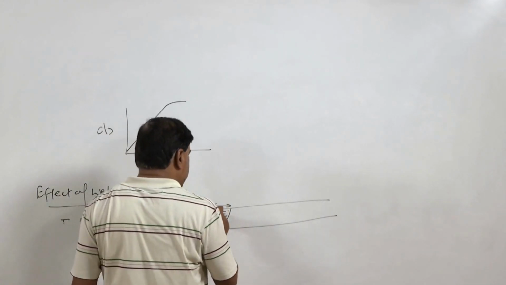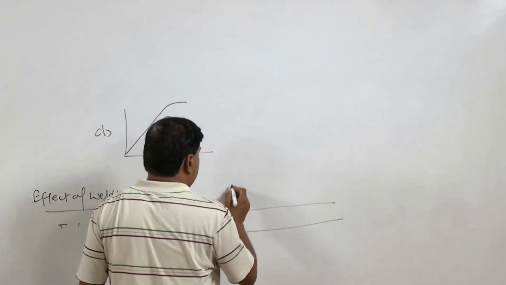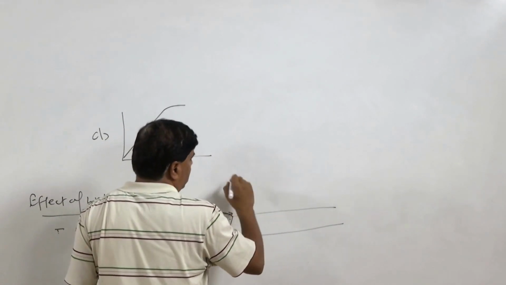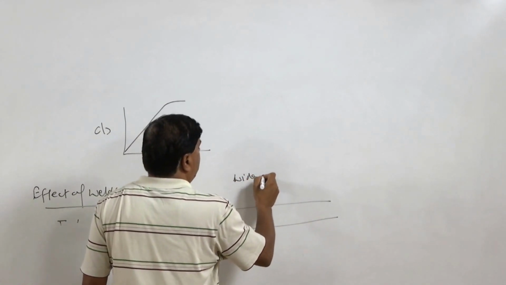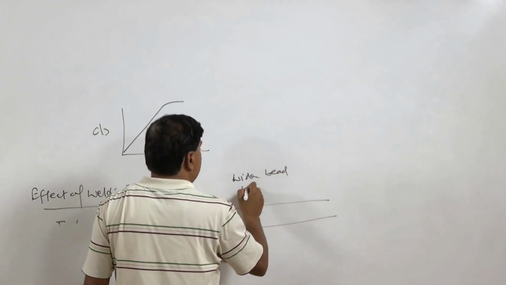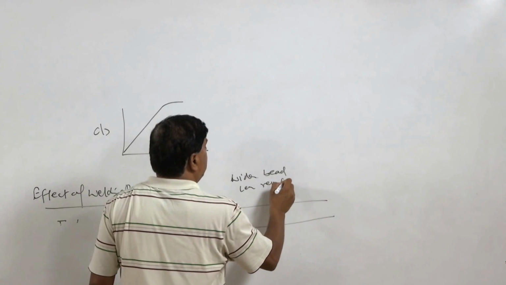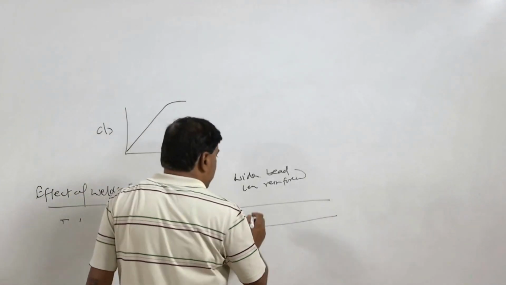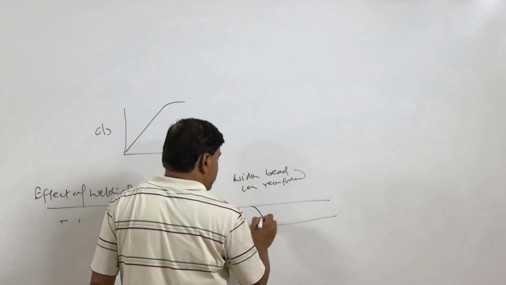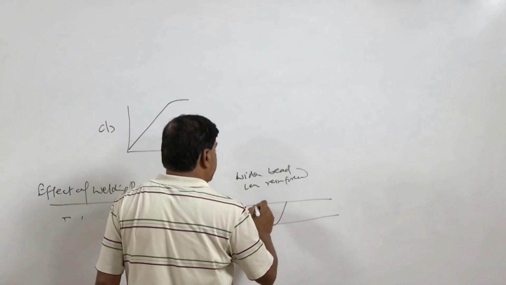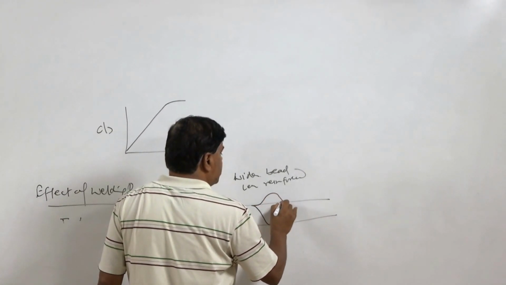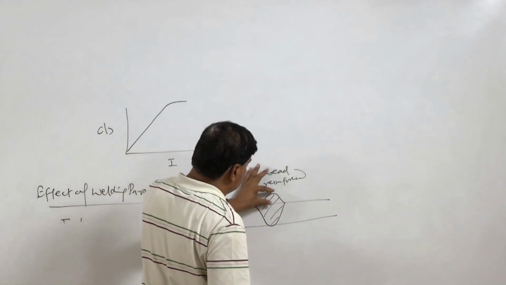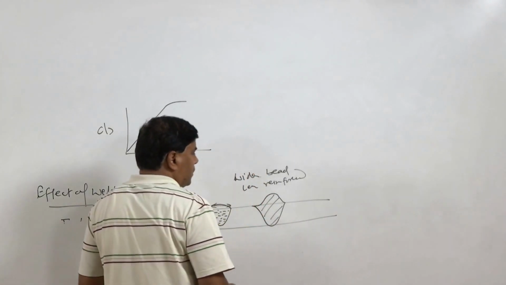But this will be making a wider bead with less reinforcement, meaning the height of the bead is not much, because molten metal starts flowing sidewise. On the other hand, for an optimum speed, we will see that penetration is full, the width is limited and the distribution of the bead is also good. Here the reinforcement is good and the penetration is also good.